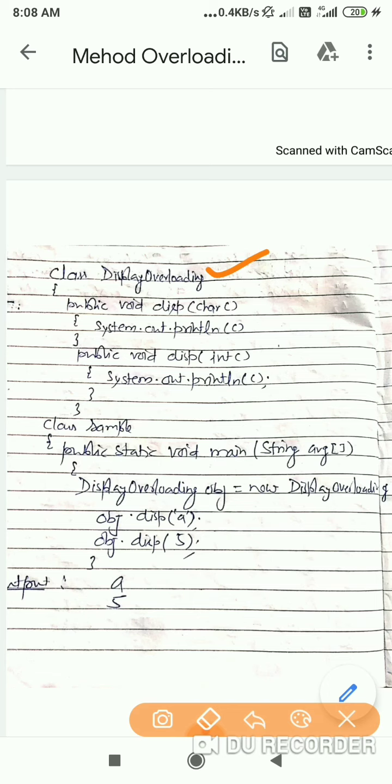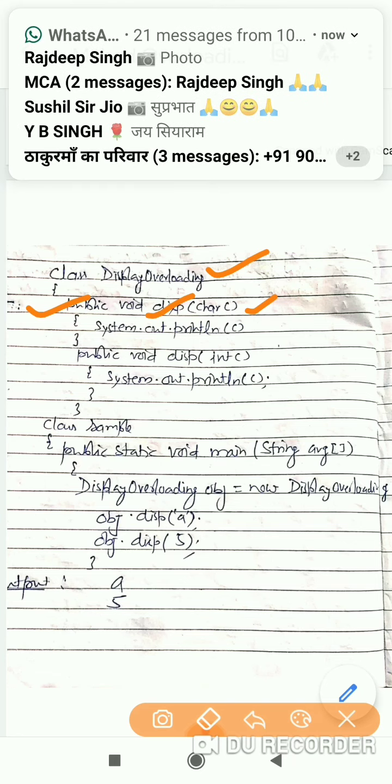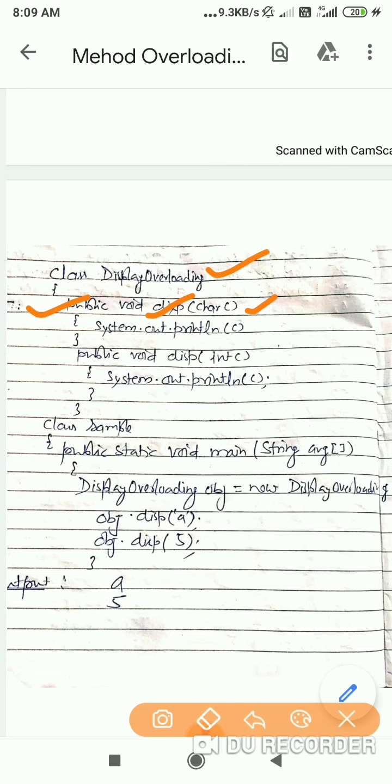First, public void display, whose parameter is char, and the output of this method is System.out.println(c). And another method, also called display, whose parameter is int, and the output of this is c.